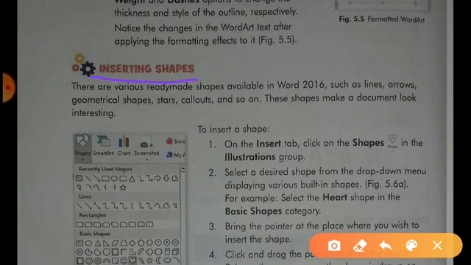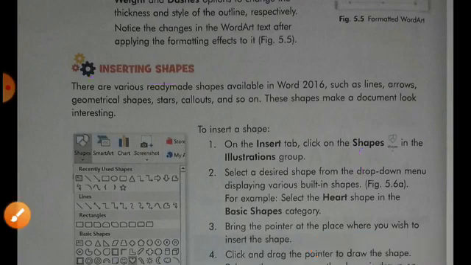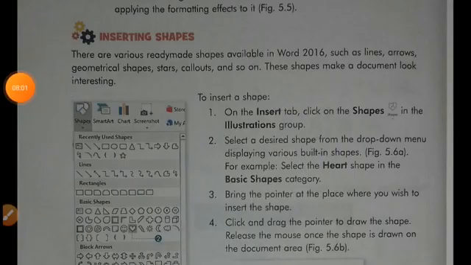Dear students, to insert a shape in your document, you have to click on the Insert tab, and then you have to click on the Shapes option from the Illustrations group. Then a drop down menu will be displayed. Select the desired shape from the drop down menu displaying various built-in shapes.